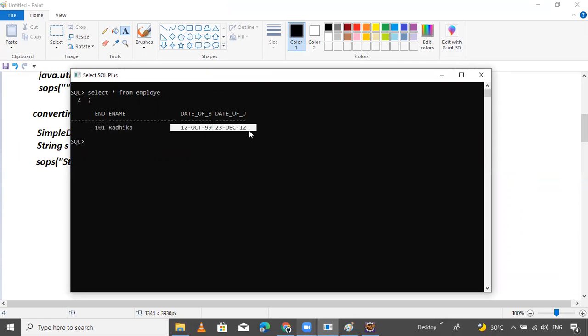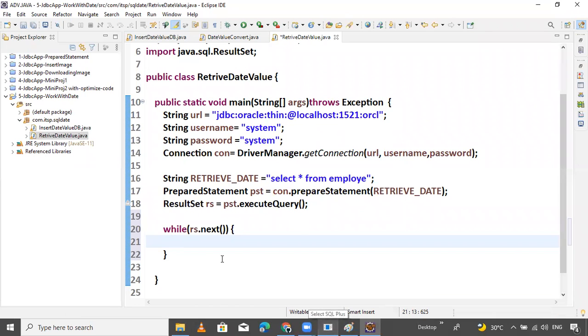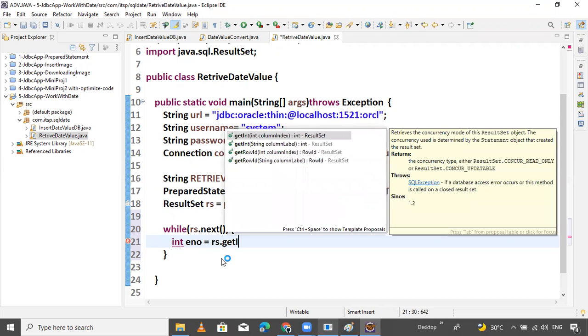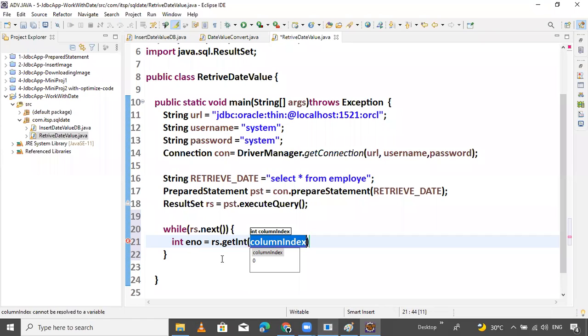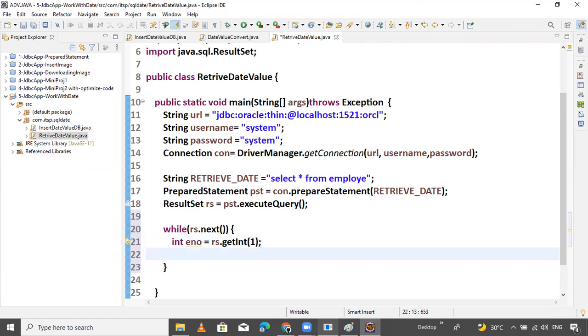These two values are dates, date of birth and date of joining. So now retrieving the data, I want to store int eno equals rs dot getInt method, passing column index one. That's it.